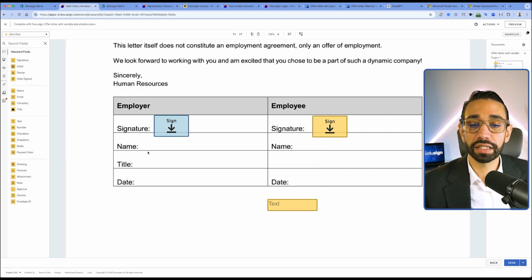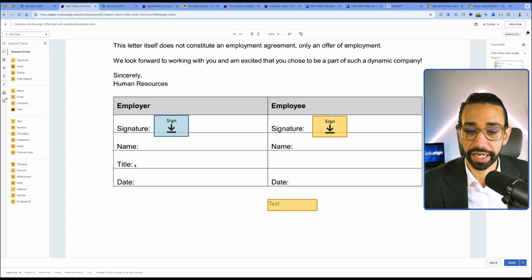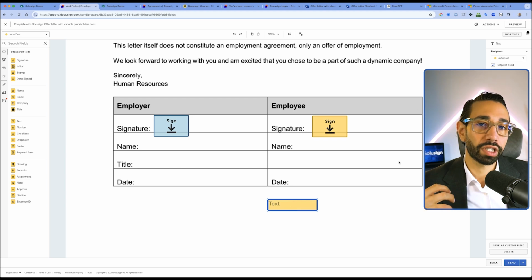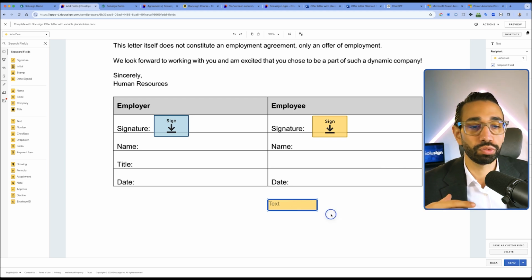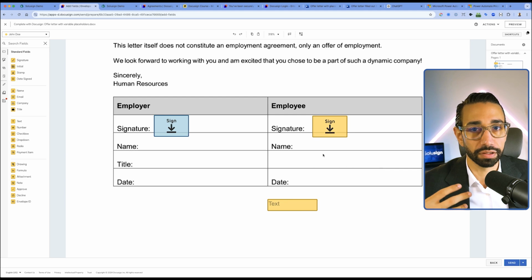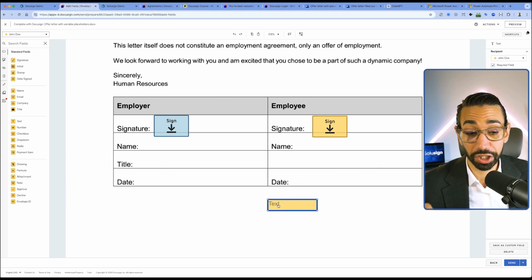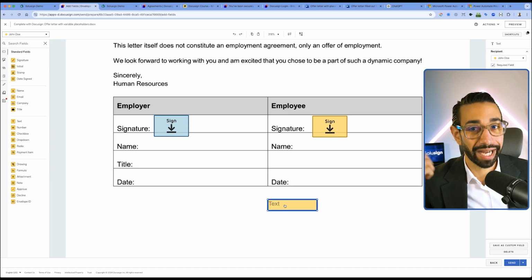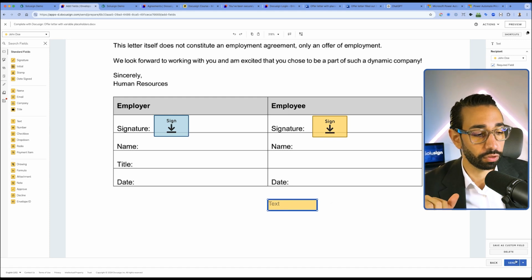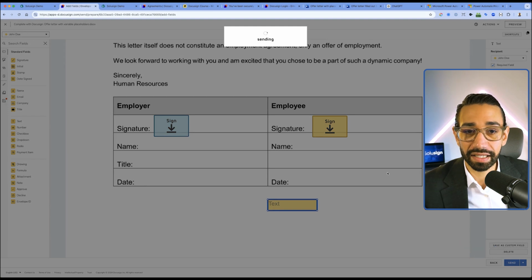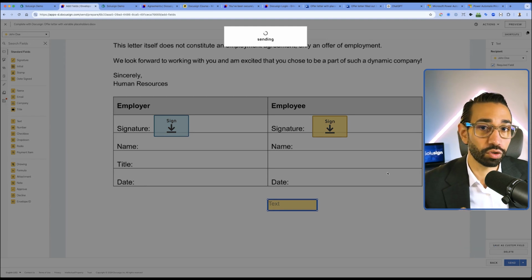Obviously, I have not built the rest of the fields for the name, title, and date, but what I've done is add another text field just because I want to capture the candidate's phone number. Obviously, you would never really set it up like this in real life, but I just want to show you that the information the candidate enters in this phone field will synchronize back inside of the SharePoint list, which is really powerful. So I'm going to go ahead and click send because this envelope is ready to be signed